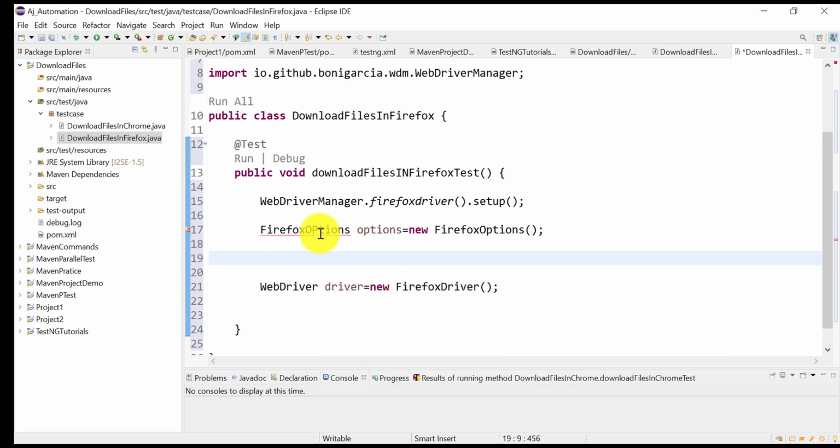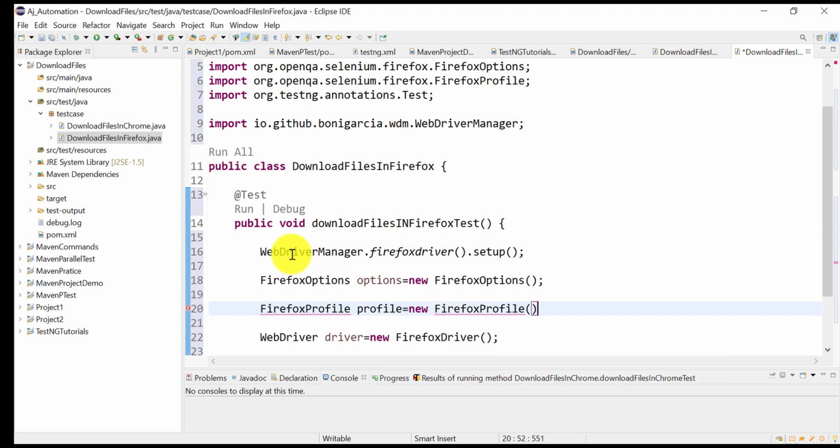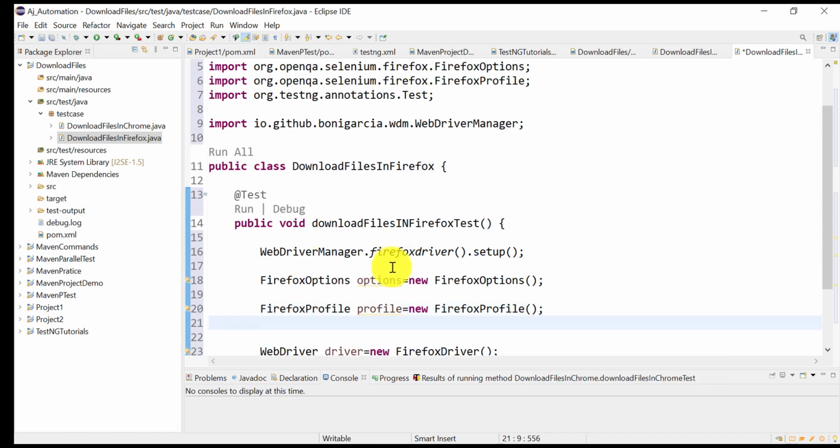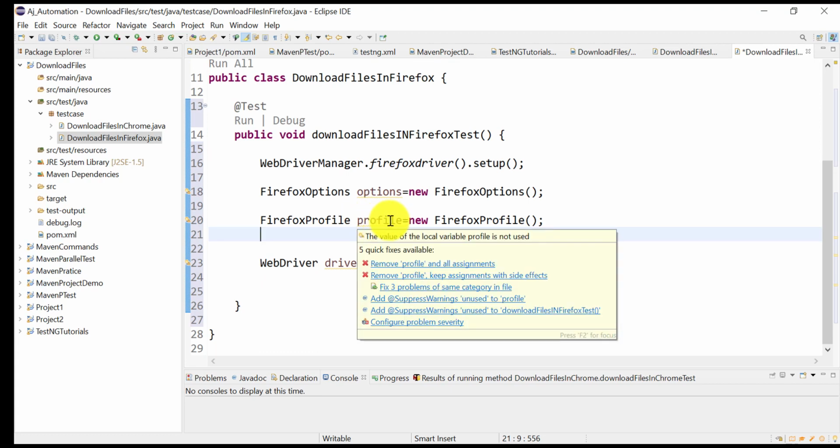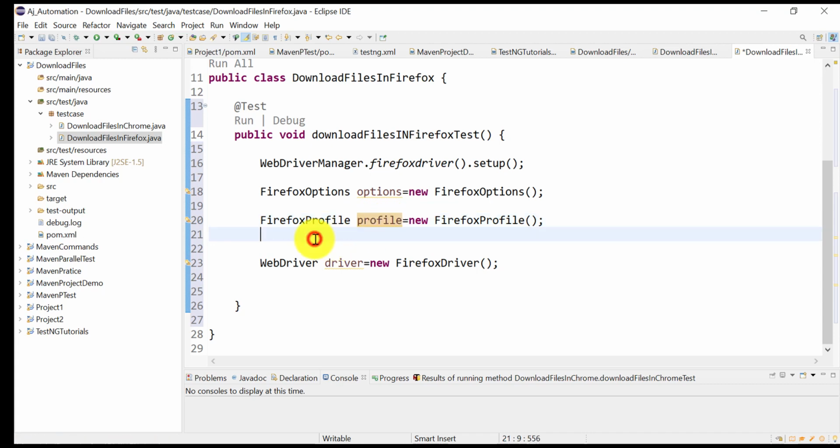Now let us create the object for Firefox profile equal to new Firefox profile. Okay, we have created the objects. Now in this Firefox profile object we will set the preferences. Okay, using this object we will set the preferences.